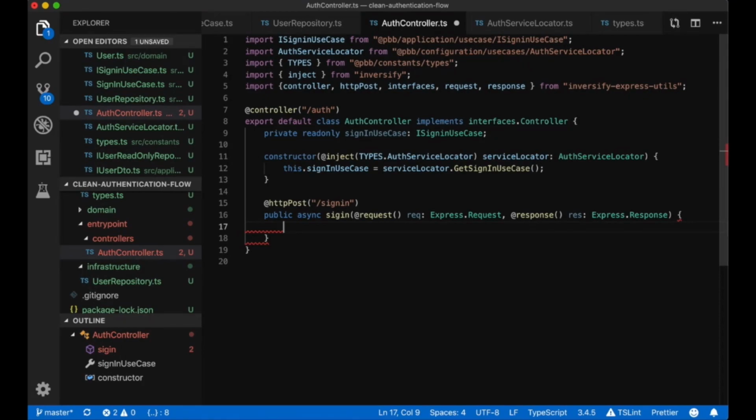So now that we have our route and the function that will be called,